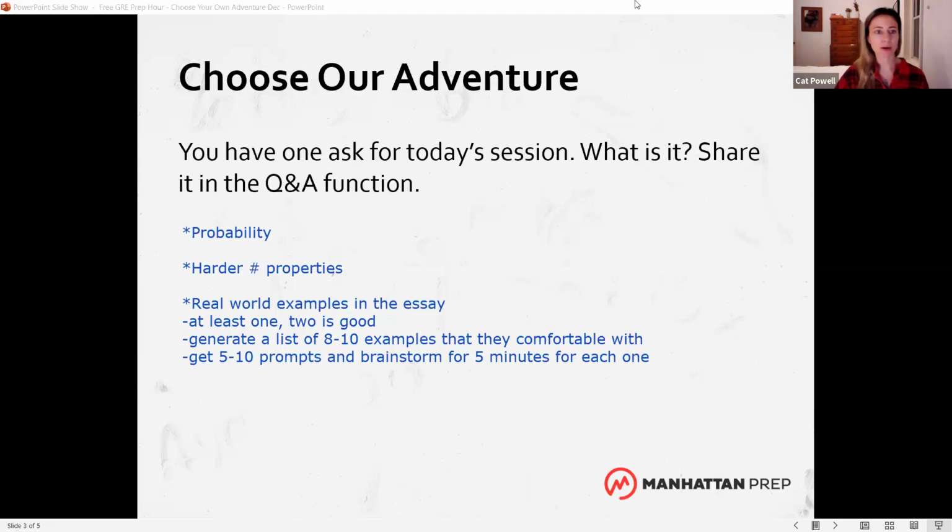Here's what I want to say about probability. I think that in general, you really only need to worry about probability if you are scoring a 160 or above in quant. And I say this not because probability isn't worth doing. It's absolutely worth doing. We're going to do it. But because